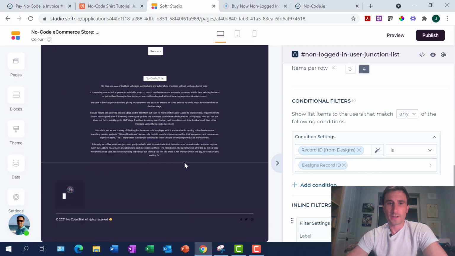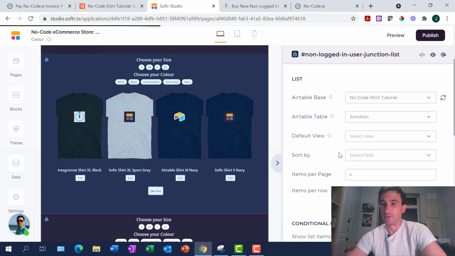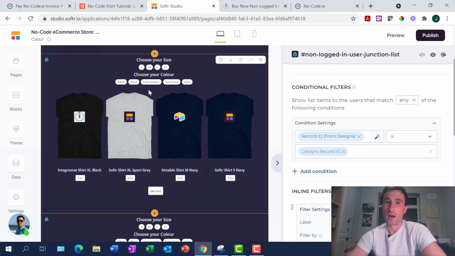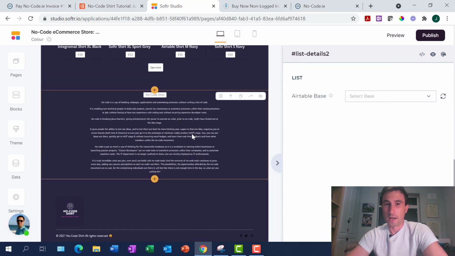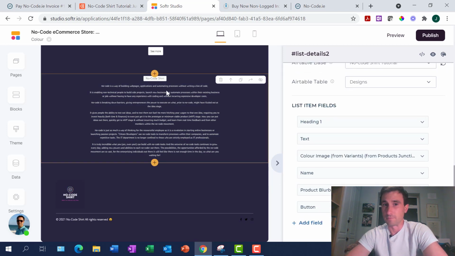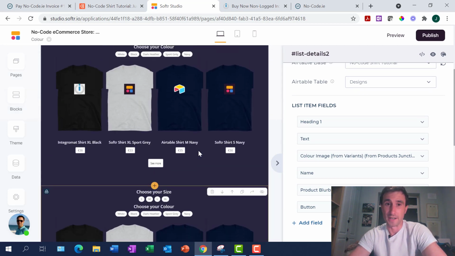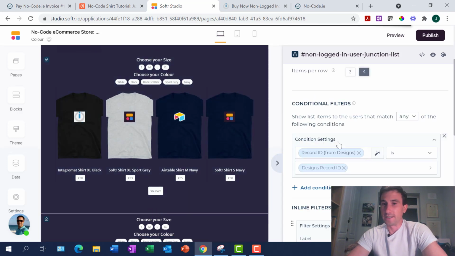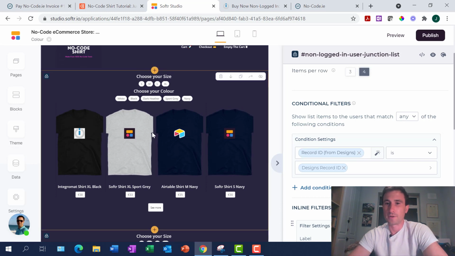this page, it's important that you have a list details block on the page, and the reason for that is so that you're able to use the conditional filters function on your actual list block that is up here, right? So this list details block, I've simply linked it to the designs table, and I've taken just some bits of information to display there. You could alternatively just hide this block if you don't want to show it on your page. But the reason I've put that list details block there is because it now lets me say that I want to only present in this list here,